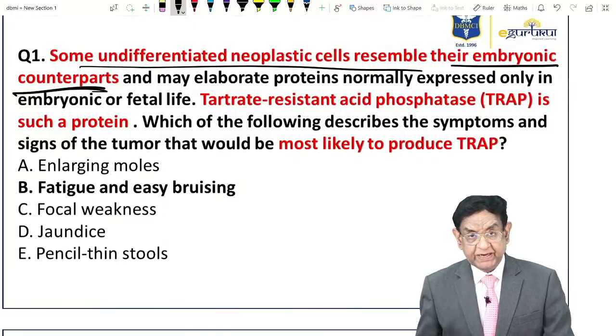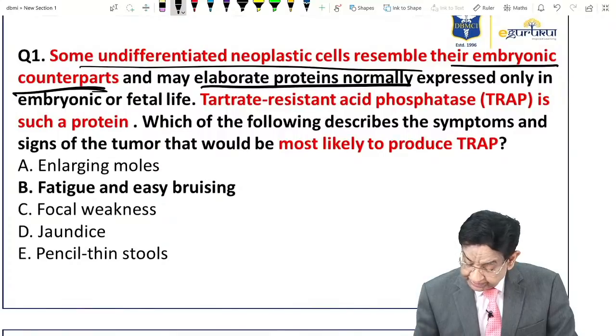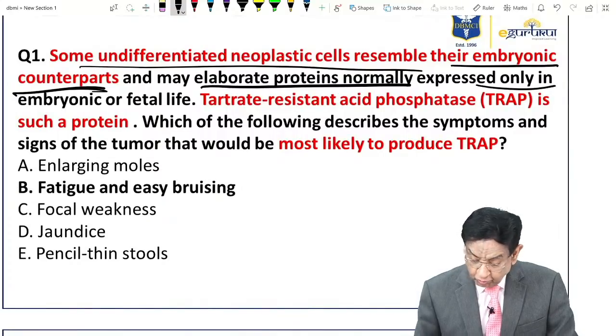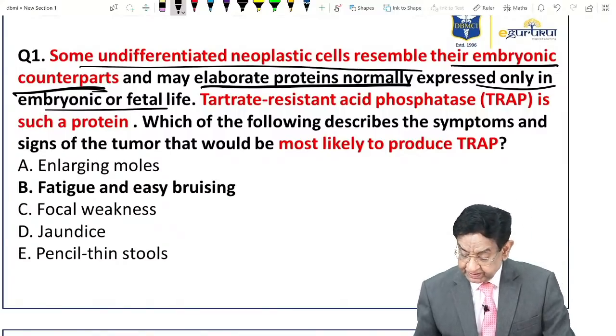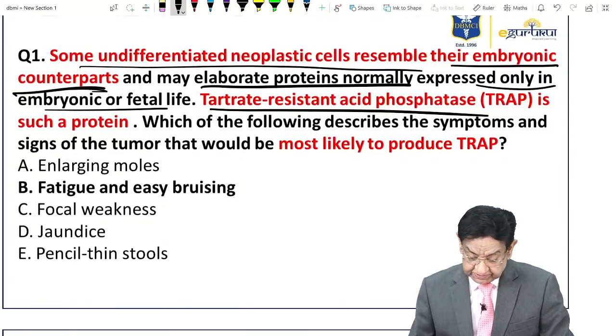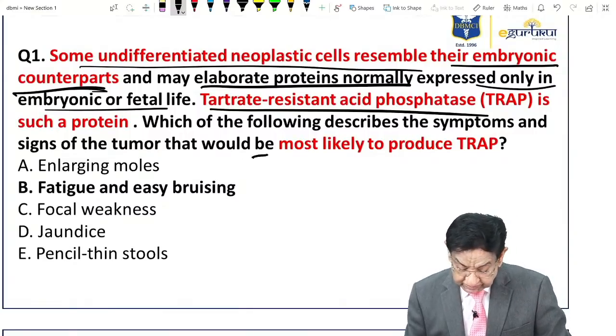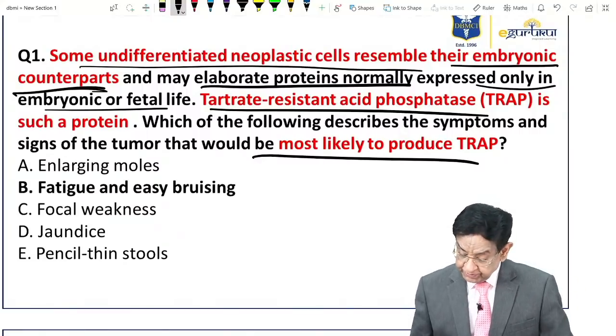Oh, now we have to deal with embryology again. They elaborate some protein which is only expressed in embryonic or fetal life. One type is tartrate resistant acid phosphatase. Most likely, we got one patient with TRAP positive,